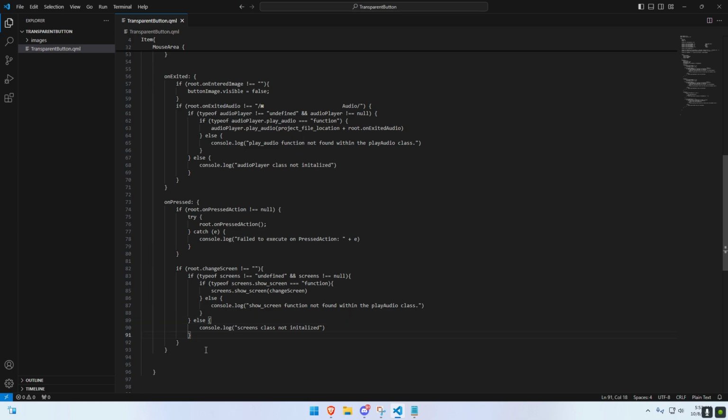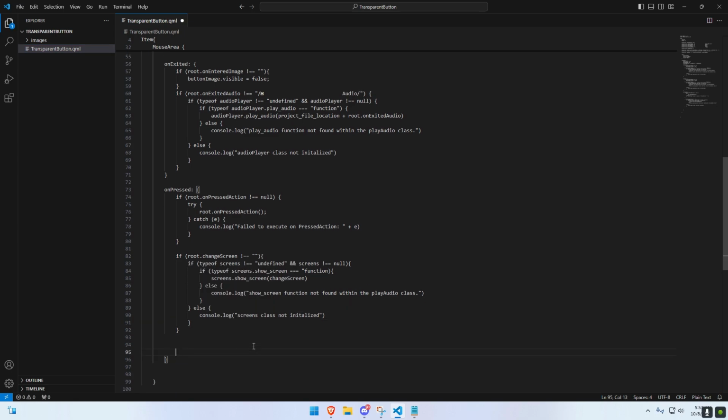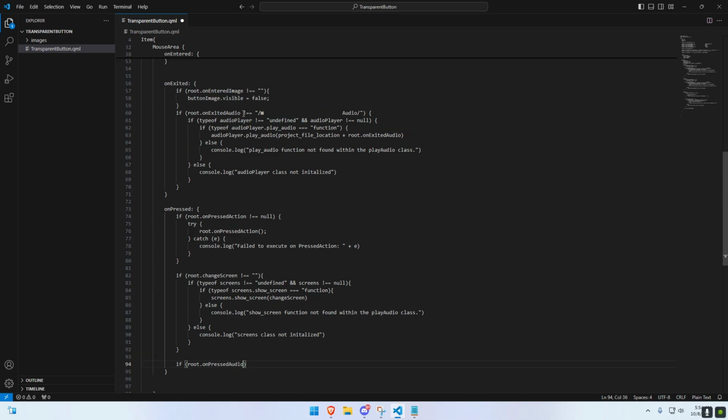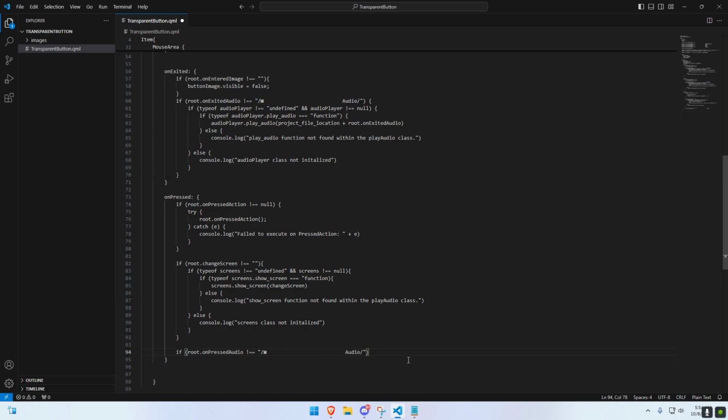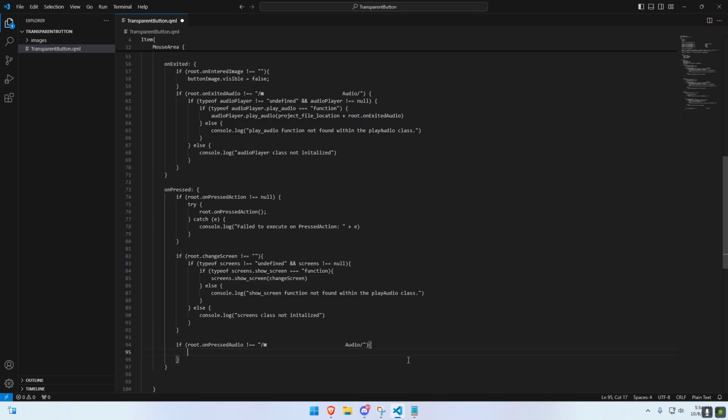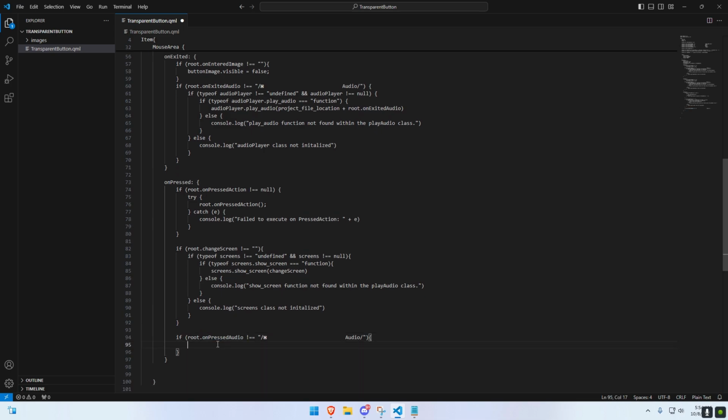Okay. So now we need to have logic for if there's audio for it. So we're going to say if the root.onPressed audio, and pretty much the same as this. If it doesn't equal blank, then we're going to go into that. Alright, so if the onPressed audio isn't blank, then we're going to come into this with another one and say